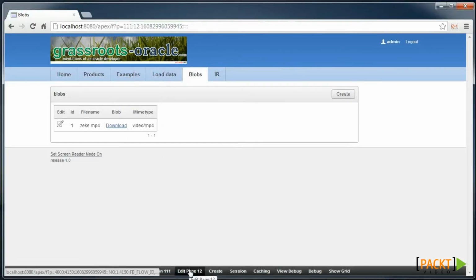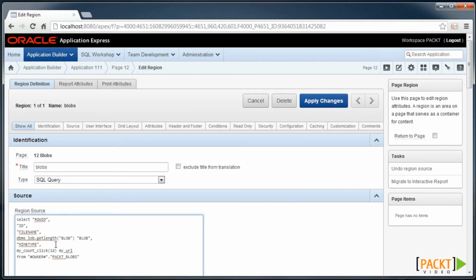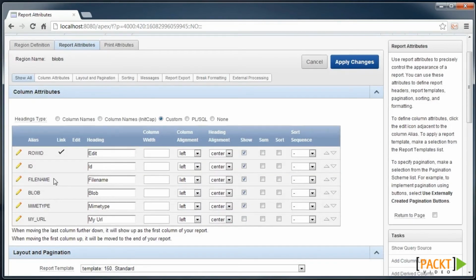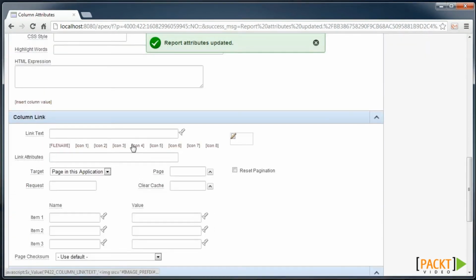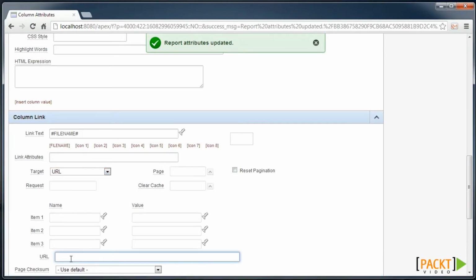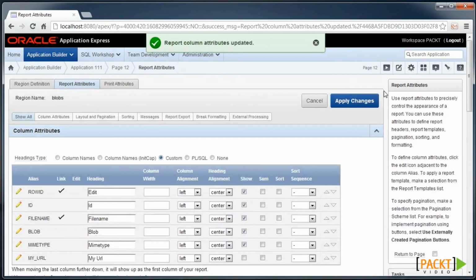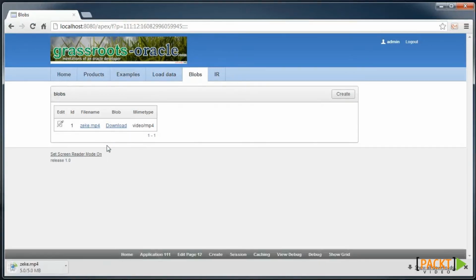So now we'll go back to the query definition of this page, and we'll add a call to myCountClick. And we don't need to display that URL because we'll associate it with the file name. So we'll go down and provide a column link for the file name, which can be displayed as just the file name as the text, and the URL will be the column that we just added, and apply those changes. So now when we run this page, the file name is also a link that we can click on, and we can see in the status bar there that it's calling the z function,